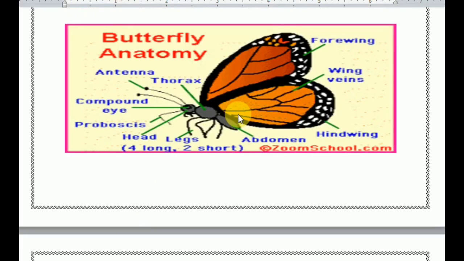Children, did you understand what the 7 common body parts of insects are? The body is divided into 3 main parts: head, thorax and abdomen. On the head we can see eyes and 2 antennas, and on the middle part, the thorax, 6 legs and 2 sets of wings are attached. Then the last part of the insect is called the abdomen, like our stomach. Okay children?